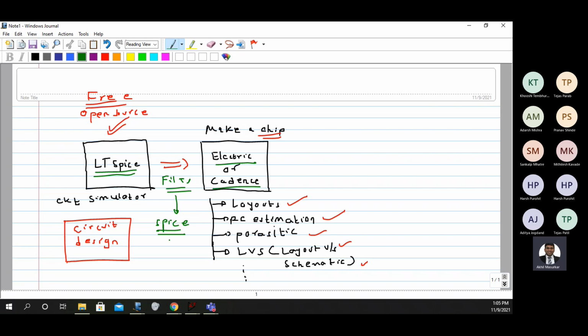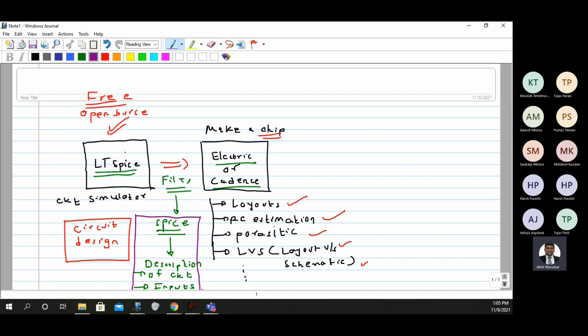And what does a Spice file contain? It contains a description of the circuit and the inputs which are given to the circuit. So you must know this, because it is like an interface between two softwares. When you make a schematic in LT Spice, it automatically generates a Spice file.